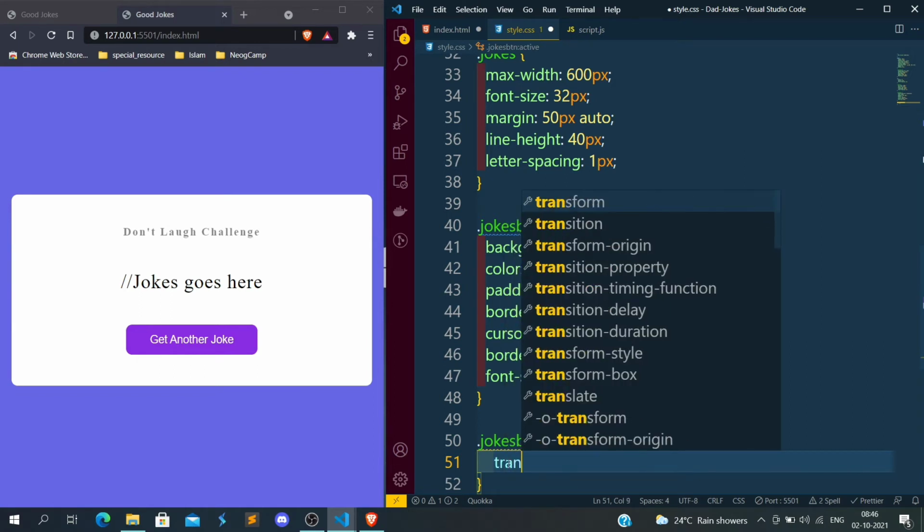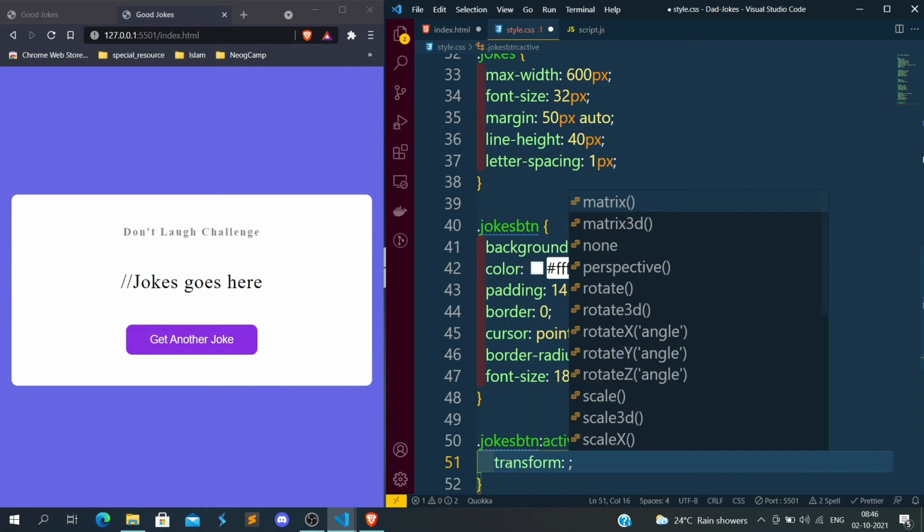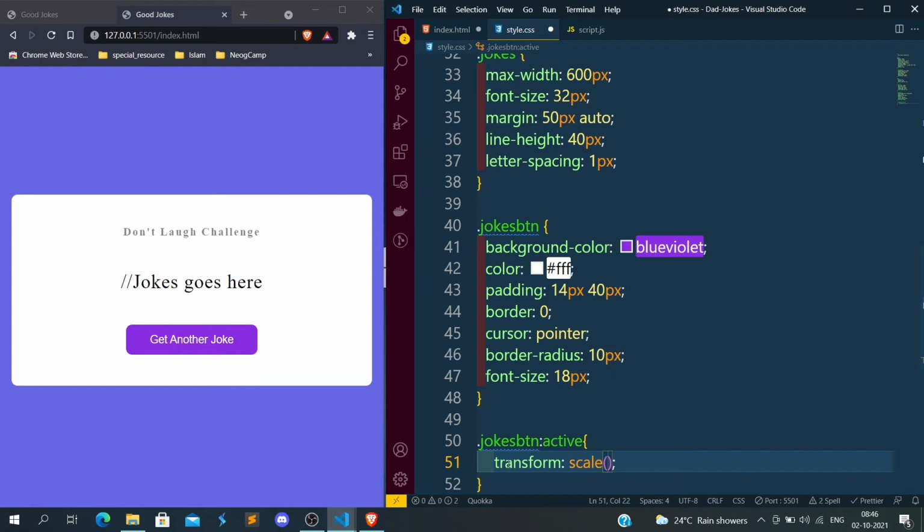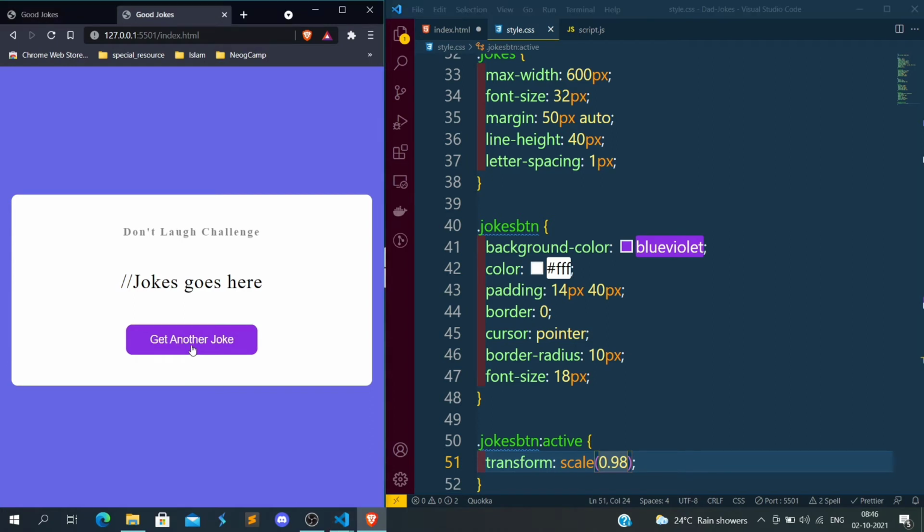So I want some transformation, a little bit scale down to 0.98. If I click over it, you see the size is scaled down a little bit, from 1 to 0.98.